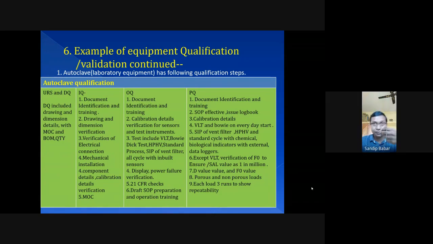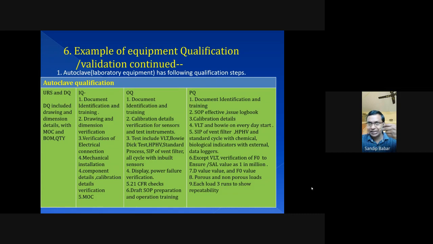Then they will provide the DQ with all these design requirements like drawings, everything. They will give certificates. They will give P&ID, GA, as we discussed earlier. Process and instrumentation diagram. It will explain where steam will go into the jacket, where steam will go into the chamber, where steam will come out from the jacket, where steam will come out from the chamber. How many temperature sensors will be in the chamber? How many pressure sensors? How many safety valves on the chamber, how many safety valves on the jacket, everything will be given